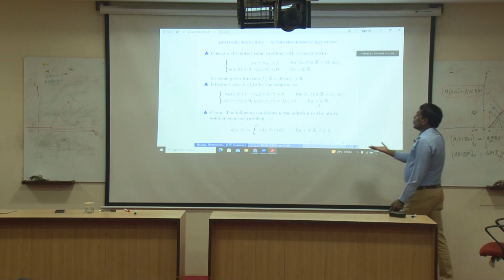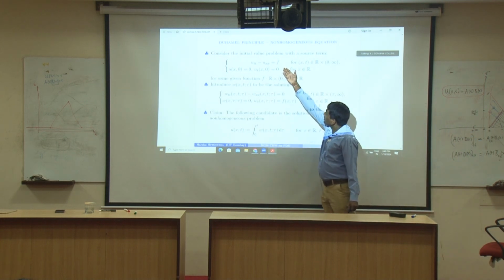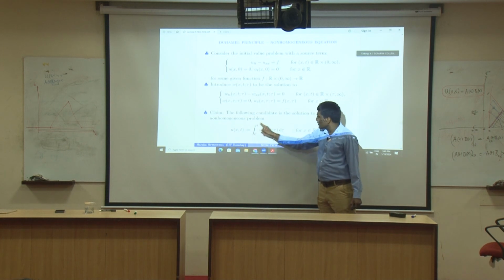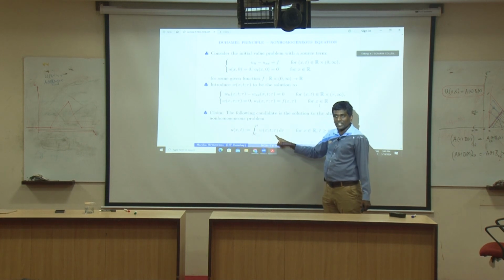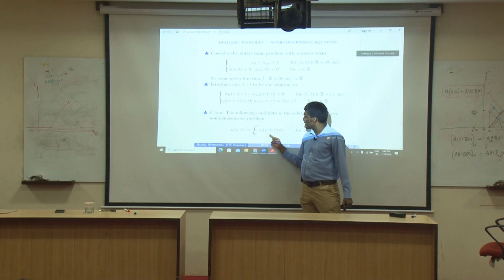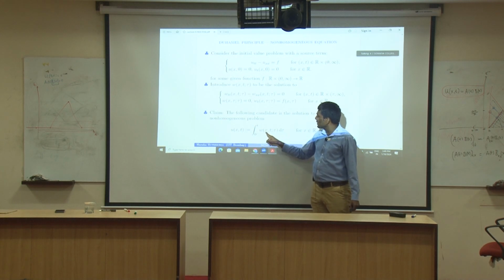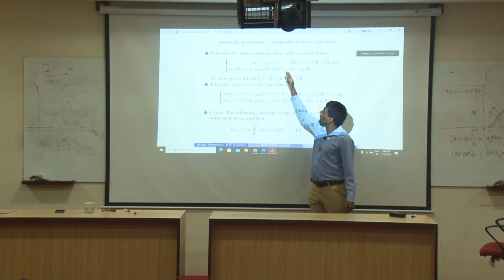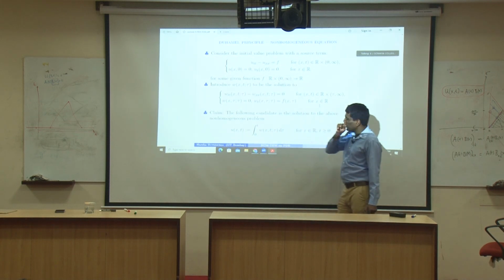Now, why is this going to solve this problem? We have to show that. Why does this integral from 0 to t of W in the tau variable magically solve it? Because when I integrate out the tau variable, the other two variables that are left are x and t. Somehow that function which is left after integration magically solves this problem. Now,